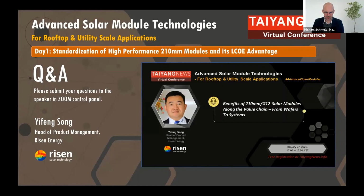Maybe quickly, I think there were questions, obviously, about the 720 watt module you mentioned. Will the dimensions be the same? Will it be just that you move from PERC to HJT, or what will change there? You mean it's a future technical roadmap for Ryzen? Yes. So how will you get to the higher output for the future modules? Will it be just an efficiency increase of the cells, or will there also be